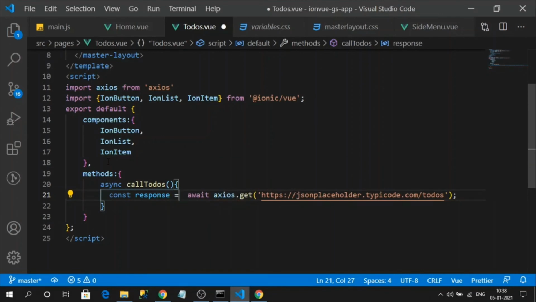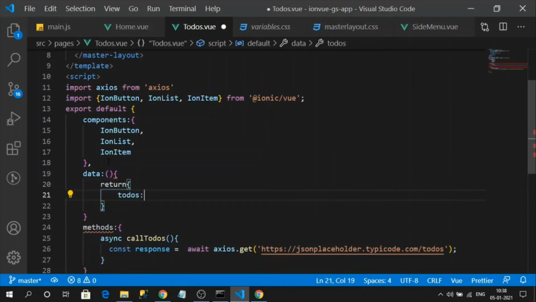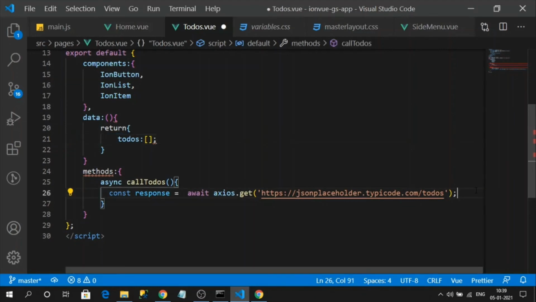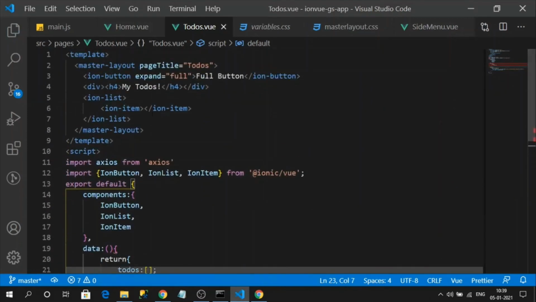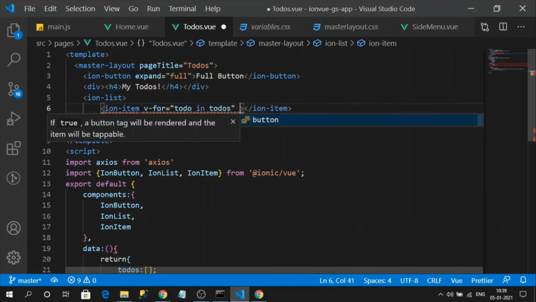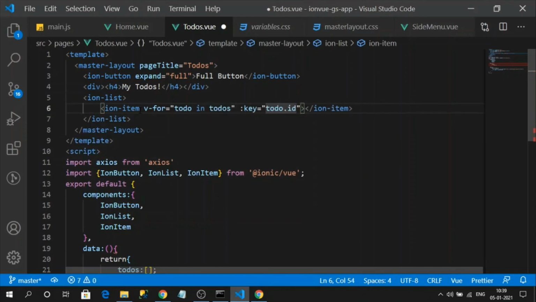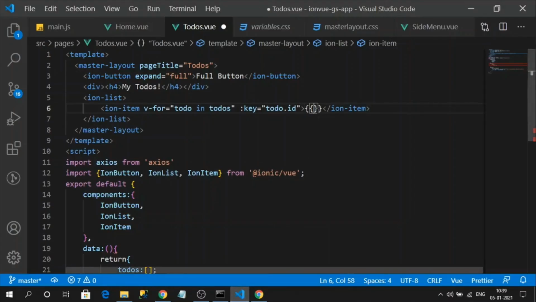Okay, and the data property, return todos. This is my array of to-dos container. I'm going to add those to-dos into my to-dos container variable. Now I need to loop these to-dos in my item list to bind them. For that, v-for equal to todo in todos. Okay, like todo.id, nothing but these properties I am binding, and next one is title I want to bind. Okay, todo.title. I think that's it,